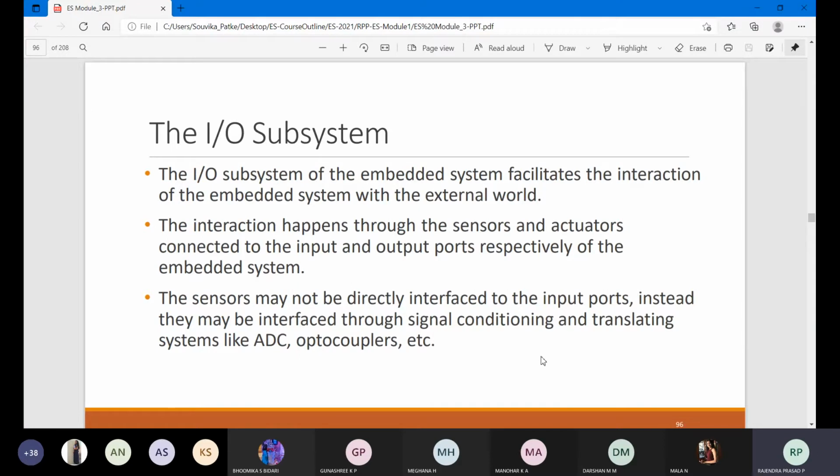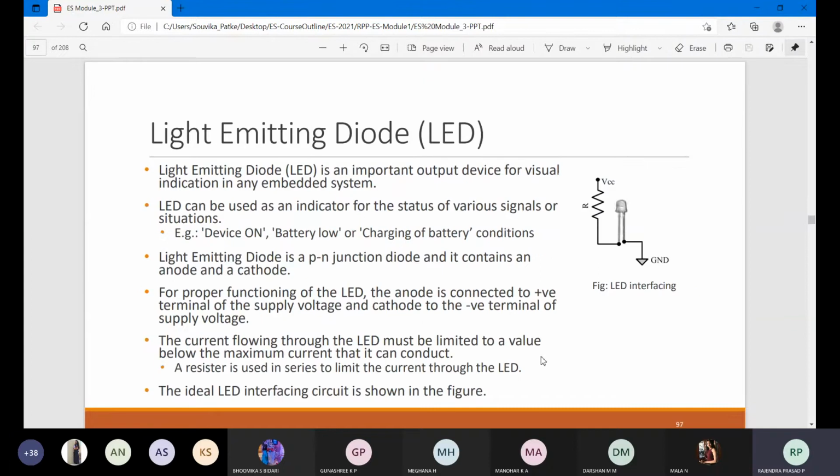Whether you are doing that analog to digital conversion, no, right? Who is doing that? The device or the system does it, and that we call an IO subsystem, which does it in turn for my purpose. There will be optocouplers, there will be directional valves, and there will be different circuitry boards present.